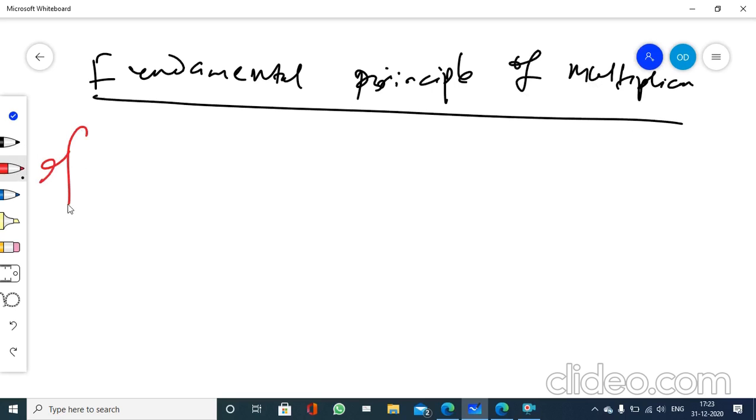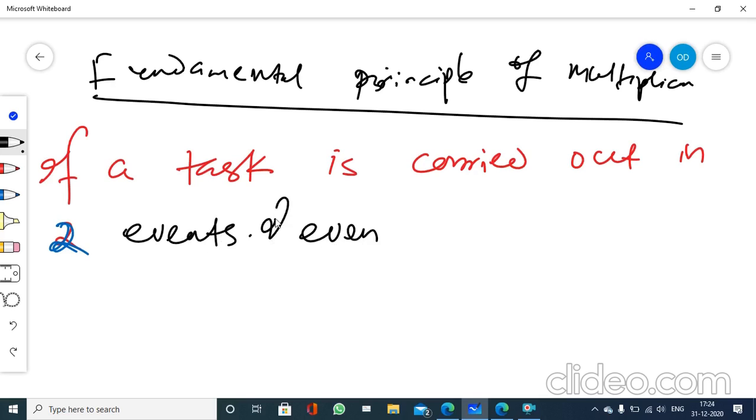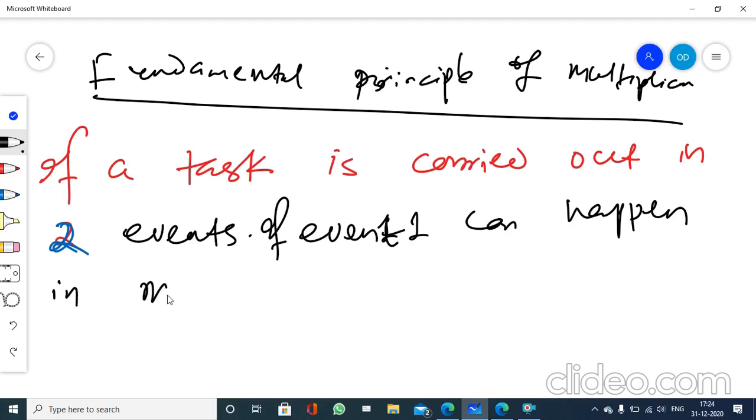Now the definition is, if a task is carried out in two different events, in two events, event 1 can happen in m different ways,